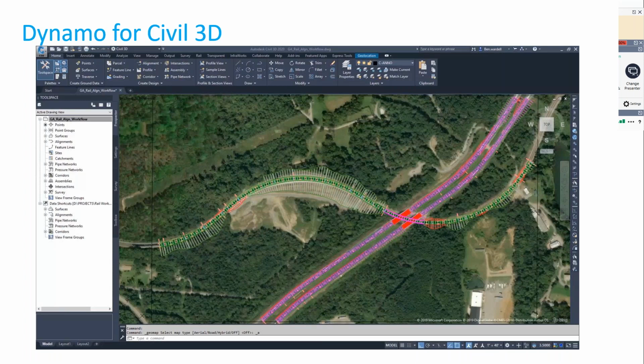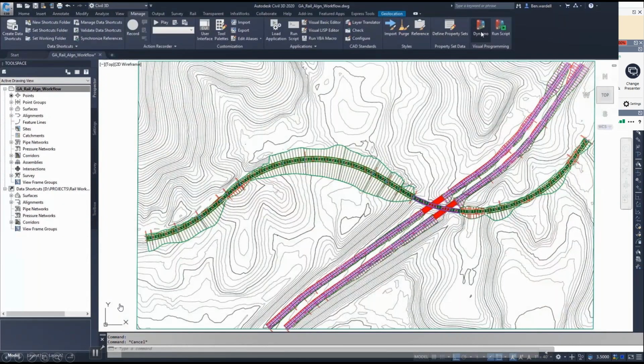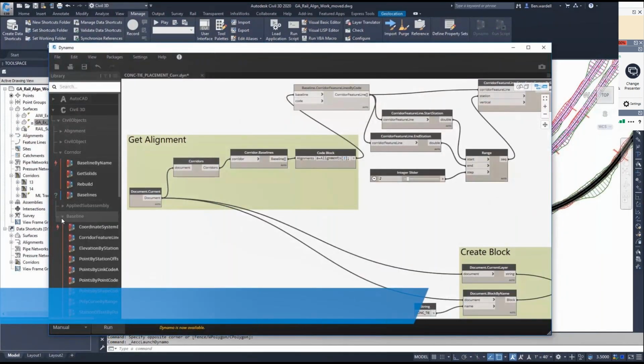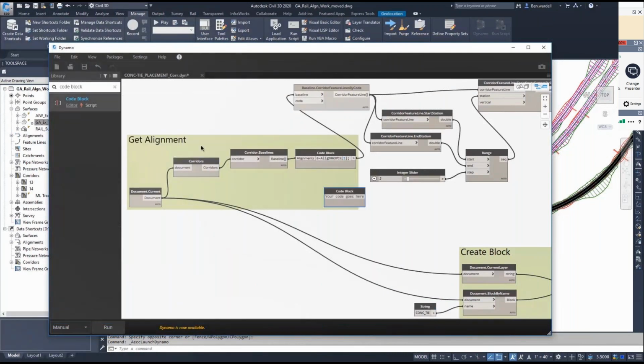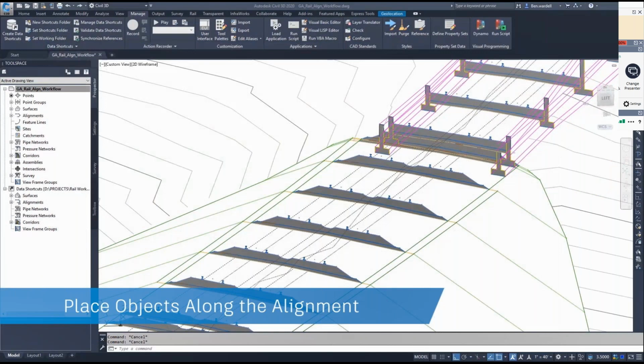Last but not the least is the application of Dynamo. Today, Dynamo is an integral part of Civil 3D. I discussed this earlier, but just to give you a use case: one of the use cases is your railway projects, your metro projects, where there was a limitation in Civil 3D, which people who are well versed with Civil 3D know, in terms of automating the placement of elements across the corridor or across the alignment.